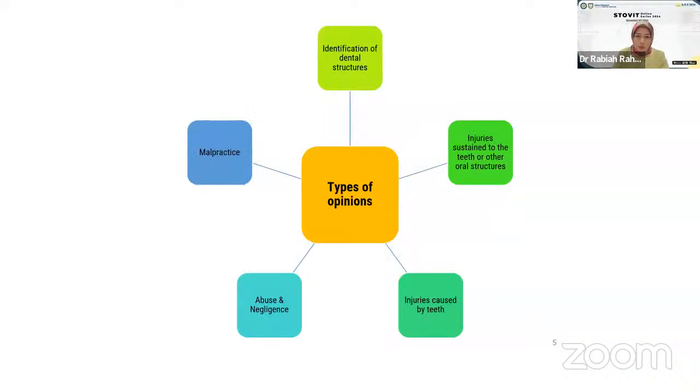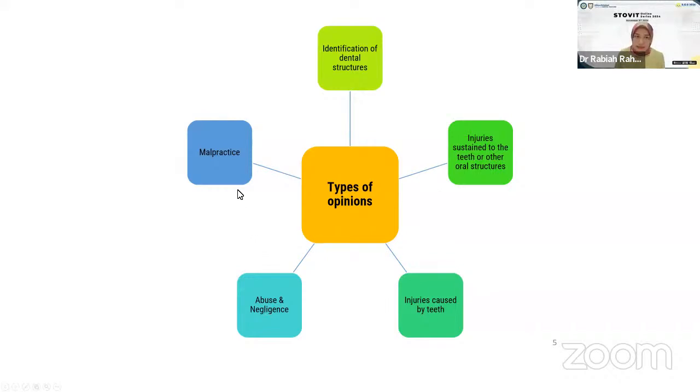Okay. So what types of opinions does a forensic odontologist give? These are the types of opinions. First, identification of dental structures, then injuries sustained to the teeth and other oral structures, or injuries caused by teeth, abuse, negligence, and malpractice. So today, I'm going to give an example for each of these types of opinions, but